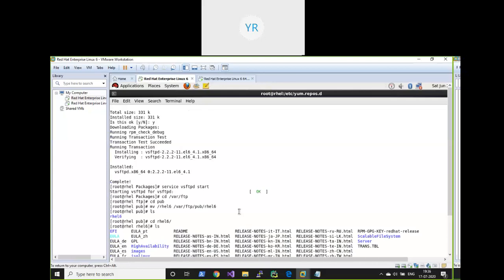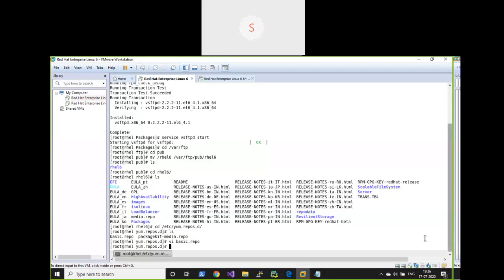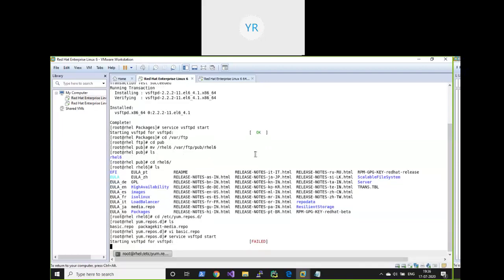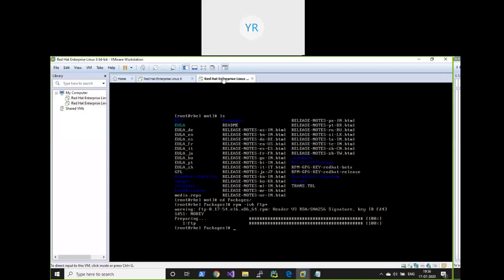Next, again restart vsftpd. Okay, starting. Okay, on the client side what you need to do is, here I have installed FTP now. Again you need to create a file here. For that you need to create the repo file. For that you need to go to /etc